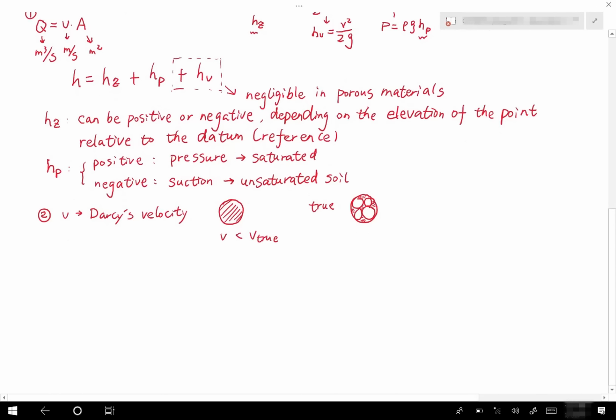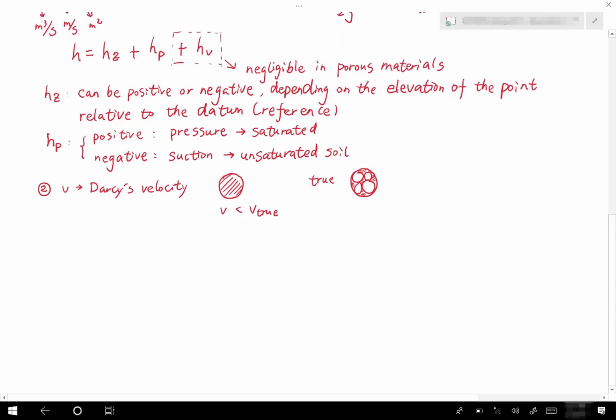Many people introduce Darcy's law without mentioning this, so they don't know what the V or the flux they get is. It's not the real velocity. Darcy's velocity can be calculated using the flow rate, but the true velocity you can measure using a real water velocity sensor. If you measure the water velocity with a sensor and compare it with the Darcy's velocity calculated from a test, you find that the one measured using a sensor is much higher than the Darcy's velocity calculated using Darcy's law. So this is the second thing. And the third,